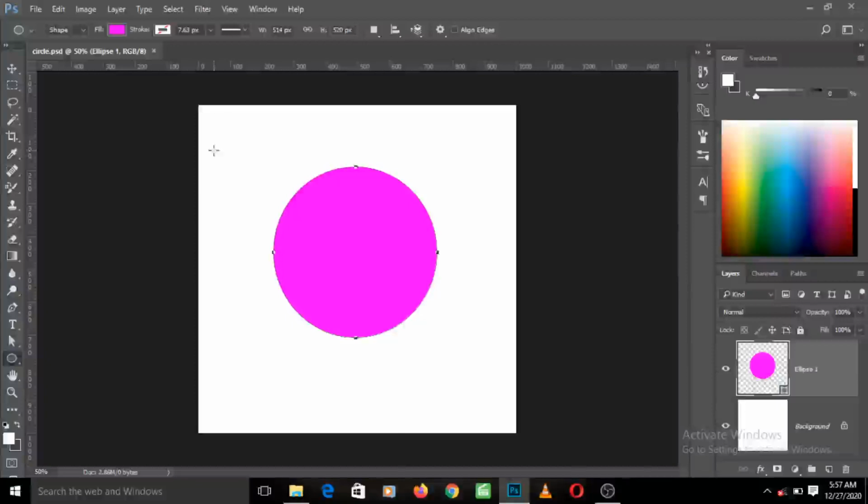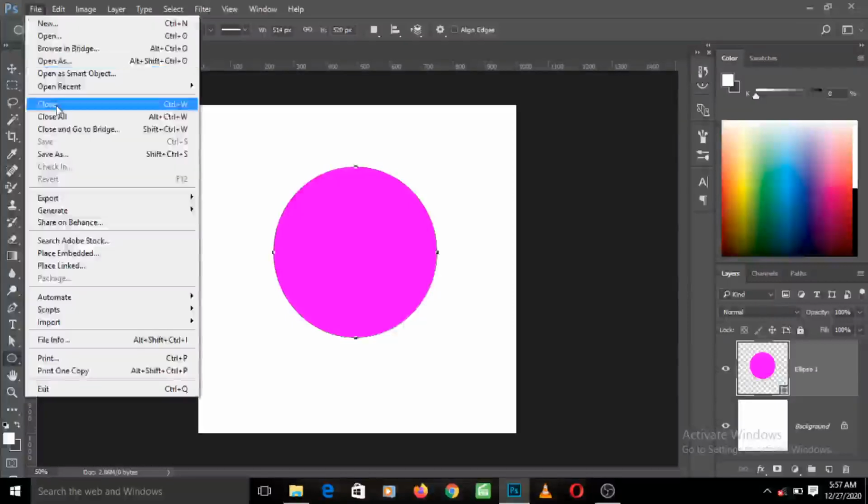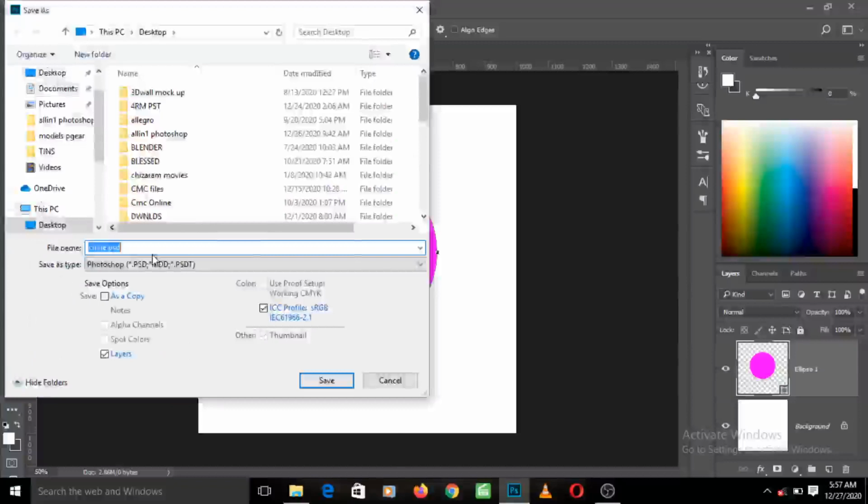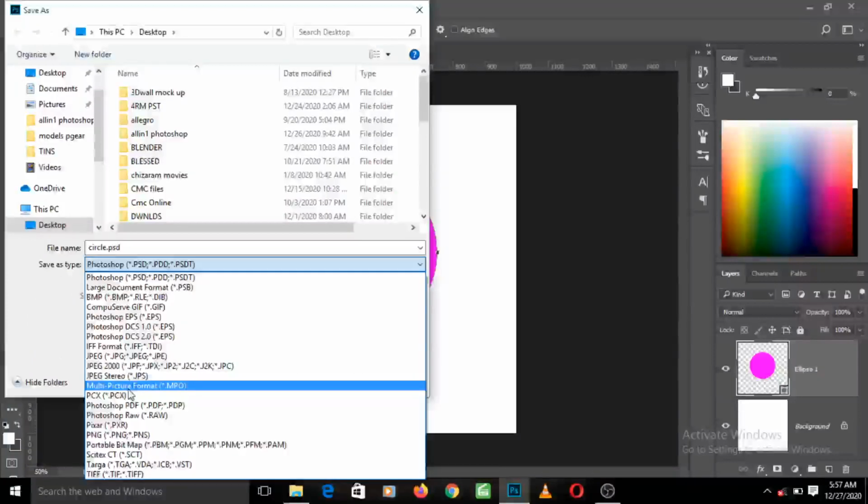Now the question comes up, how should I save my finished work to have the highest quality? The best way to save your work, that will give you the best quality, is not to save it as JPEG, especially when you want to print. It is to save it as, let's go to save as now, PDF format. That's what I'm looking for now. Photoshop PDF. Yes, there it is.